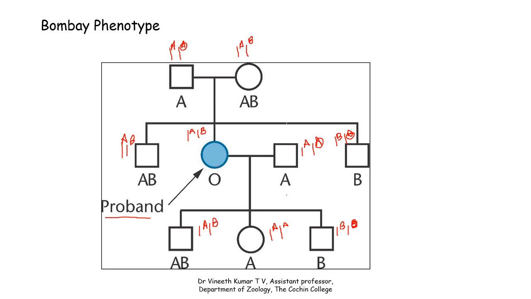So in this pedigree, this is the female who was typed as O blood group, and the problem was that she was married to a man who had A blood group, heterozygous for A, and they had three children typed as AB blood group, A blood group, and heterozygous for B. So the question was, from where did this IB allele arise in these children?